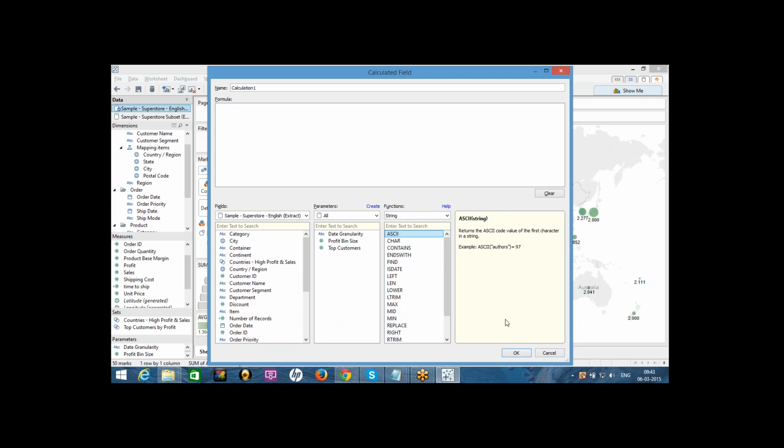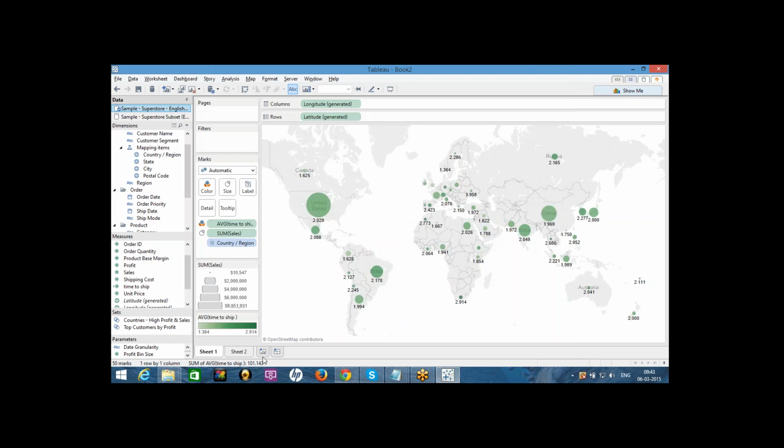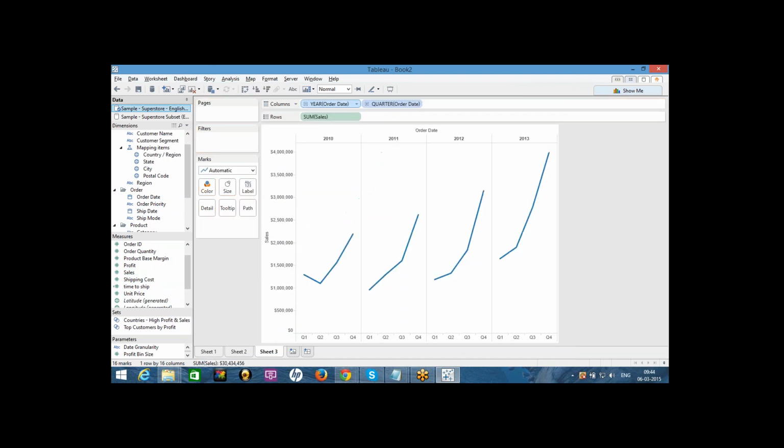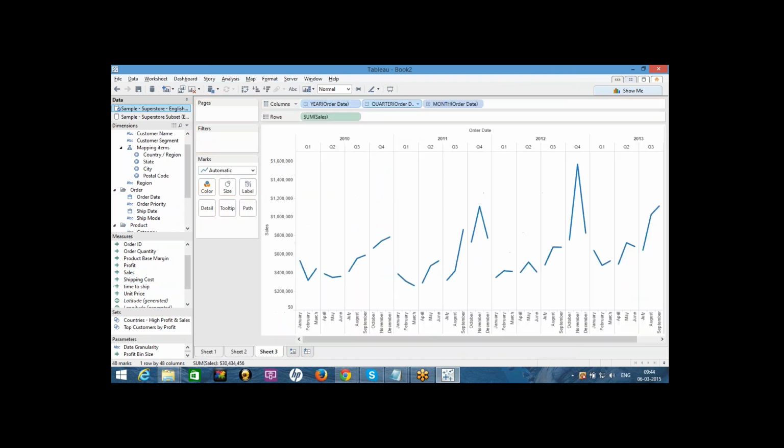It depends on the scenario. If I take sales here, I get this granularity, but I won't get it for the string, because it's not a time dimension.